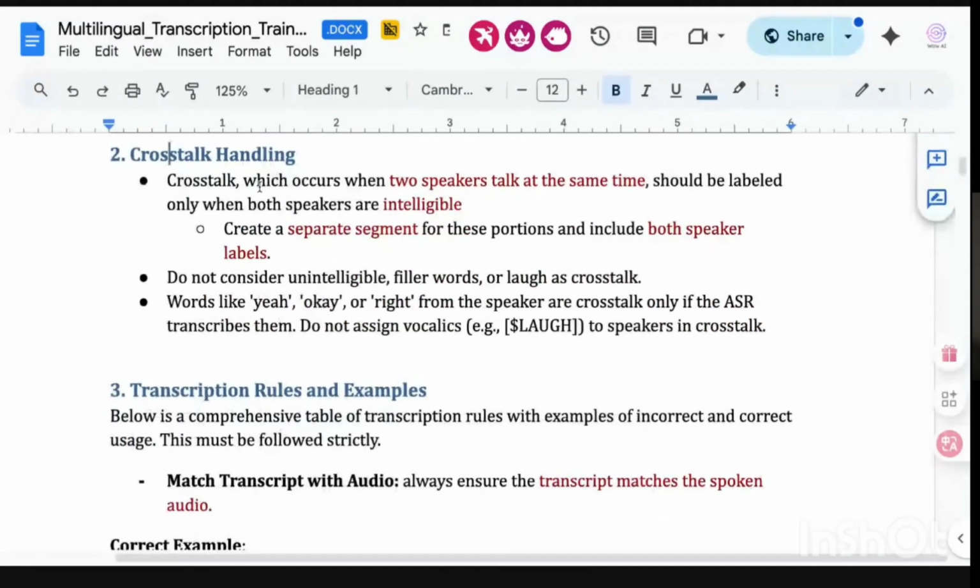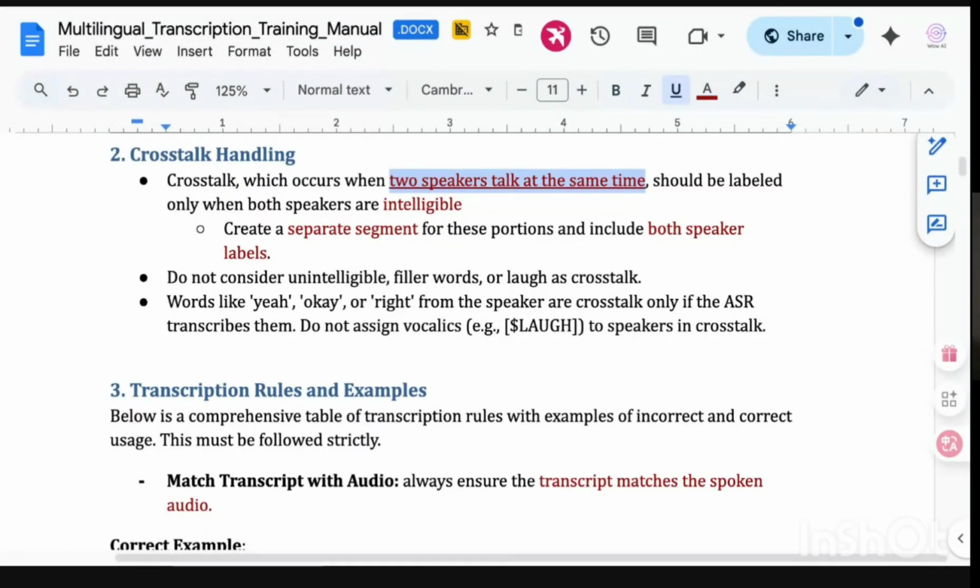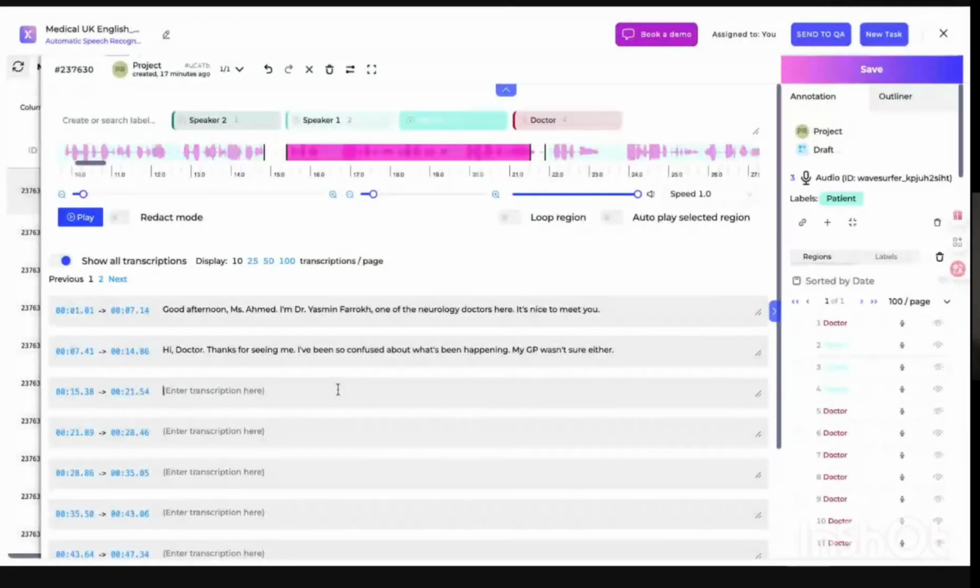And then for crosstalk, crosstalk occurs when two speakers speak at the same time. It should only be used when both of them are intelligible. So what we're gonna do is create a separate segment that contains both speaker labels. Let's do an example. This one is unintelligible, right? Which is two people talking. So we will have